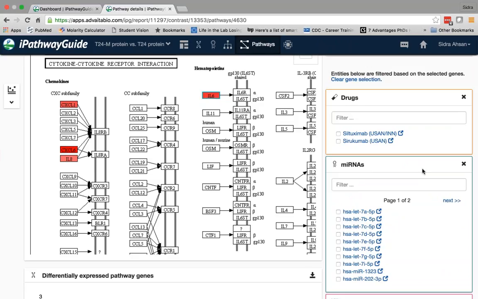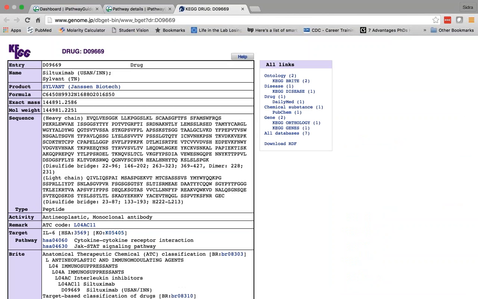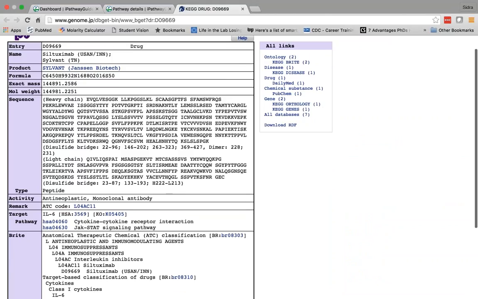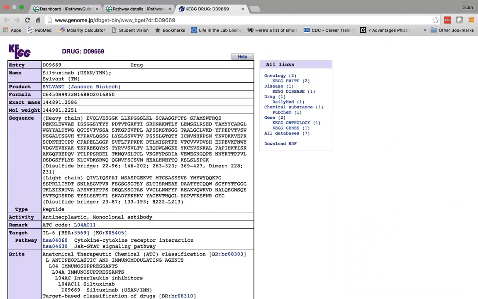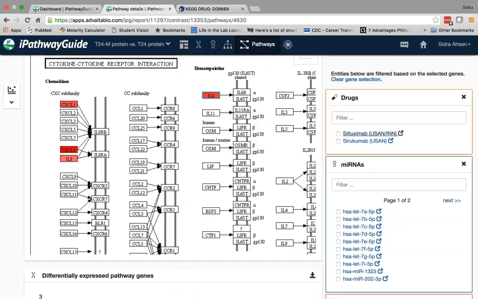So there are two drugs that came up here, siltuximab and sirukumab, which are both monoclonal antibodies, as I can see by their name. And if I click on any one of these drugs, it'll give me more information about the specific drug from an outside source, the CAG drug database. And let me go back to the pathway details here.